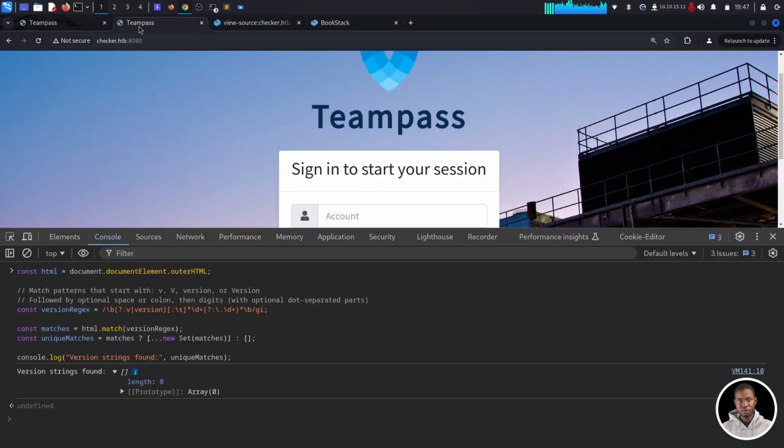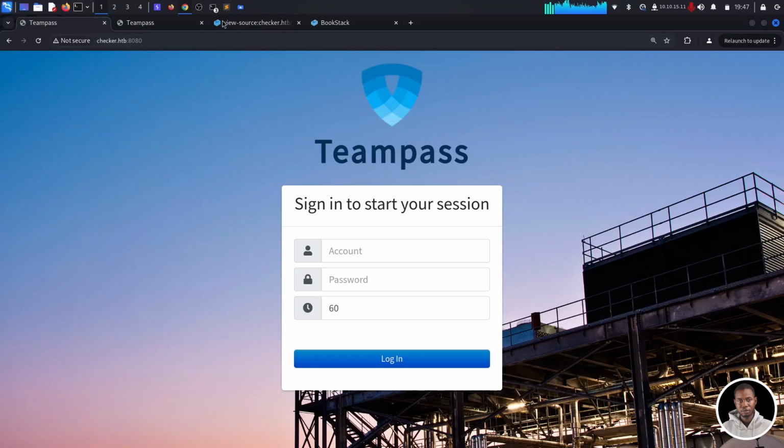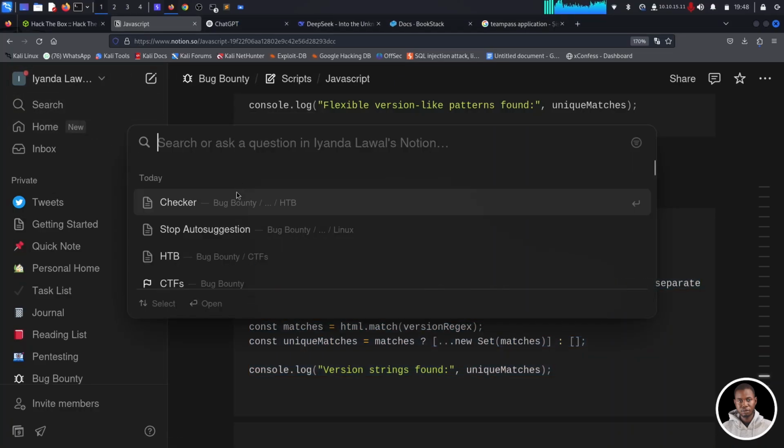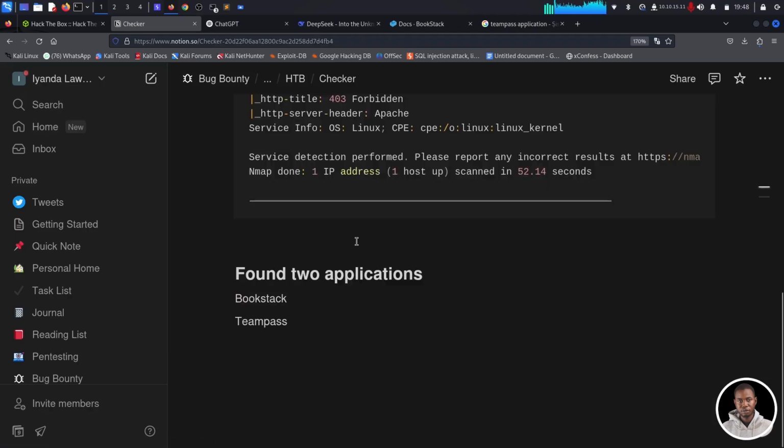And let's go back to checker. So we know that the BookStack is running version 23.10.2. As for the Teampass, what we're going to be doing is